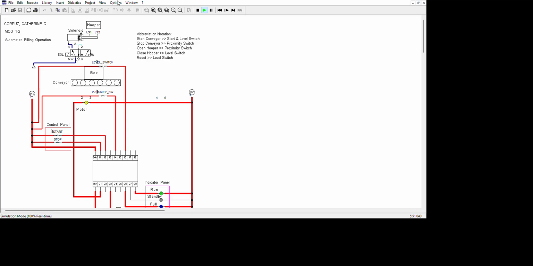Level switch trigger and proximity sensor will be removed. Okay, I will remove the hold switch on the start button.